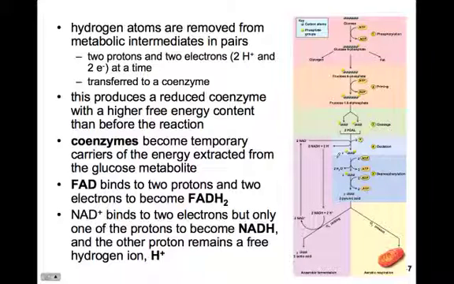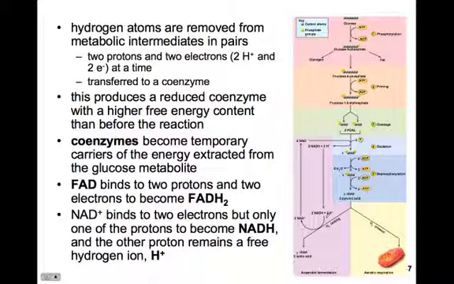And it has a higher free energy content than before the reaction. So there's lots of excitement about prom as these 2 hydrogens and electrons, or boys and girls, are loaded in the car. So the coenzymes then carry these excited electrons with their hydrogens and deliver them to the prom or